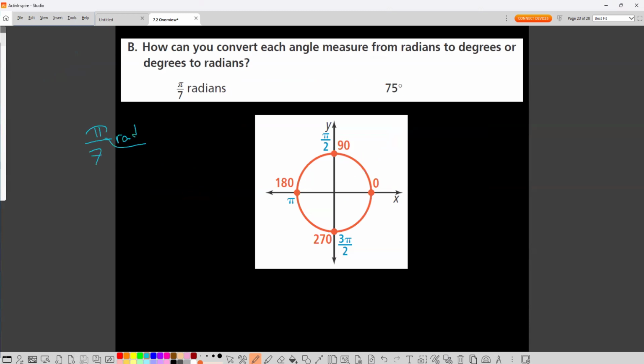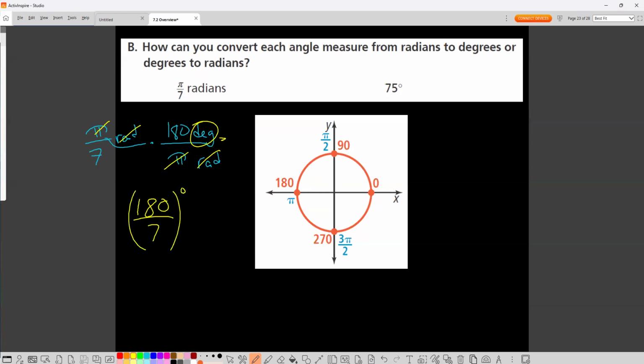Radians is in the numerator up there. If I want to get rid of radians and end up in degrees, we said pi radians is 180 degrees, so I put the radians here because I want to end up in degrees when I'm done. The pi over pi would simplify, and I'd have 180 divided by 7, whatever that is,